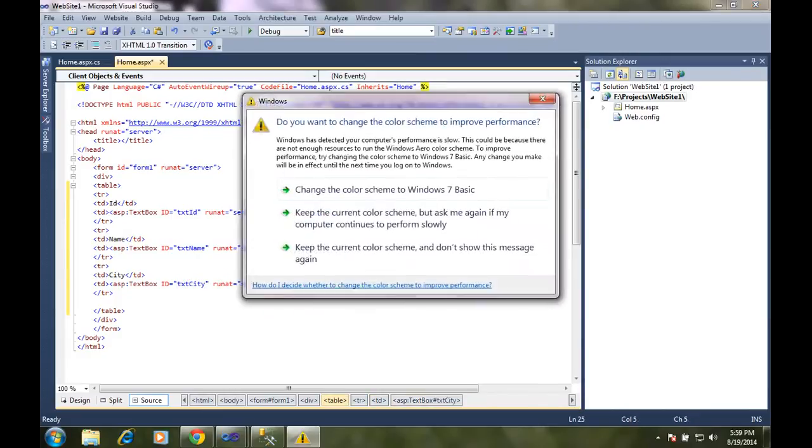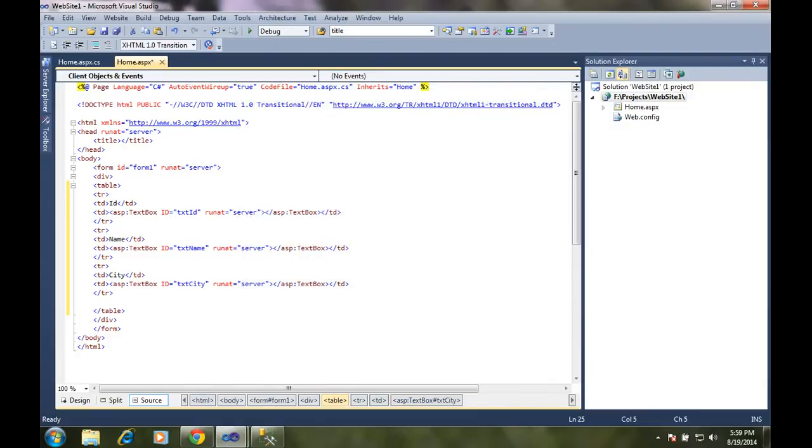One button we need. One button we need for saving.